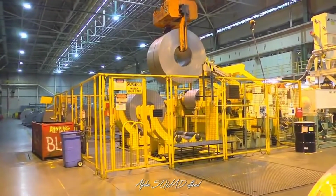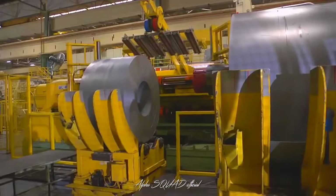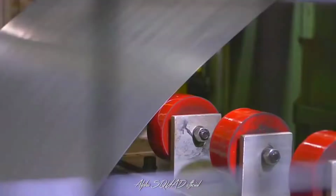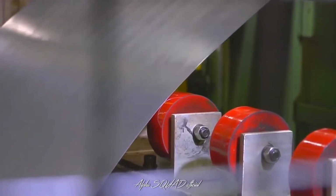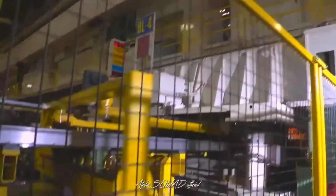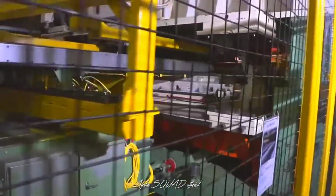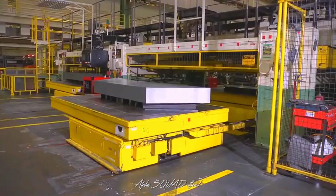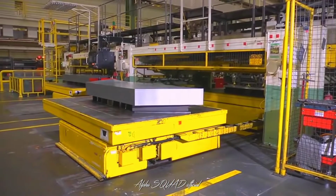The coil is loaded into one of our 4 blanking machines, which straighten and clean the metal. Then the machines cut the metal into blanks. The blanking machines cut the steel at a rate of 80 strokes per minute, using a force of nearly 800 tons. The finished blanks are fed into stackers that automatically stop at the beginning and end of each production process